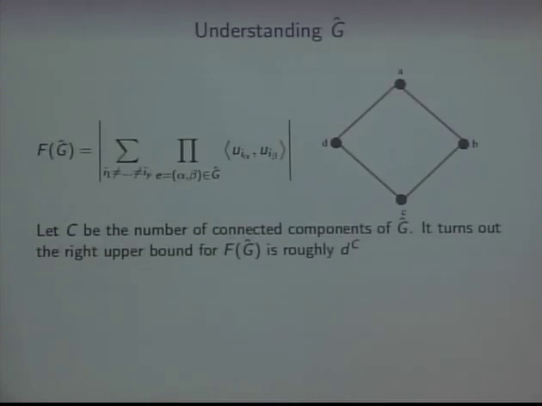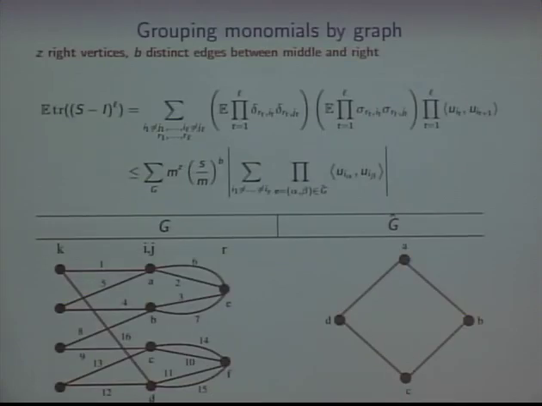I claim, I'm not going to justify this in this talk, that the right bound to get for the contribution of the dot product graph is d, the dimension of your subspace, raised to a power which is the number of connected components of the dot product graph. The dot product graph does not need to be connected. It doesn't even need to have all even edge multiplicities, as you saw in the last slide, right? This does not have all even edge multiplicities. But it still contributes to the final sum.